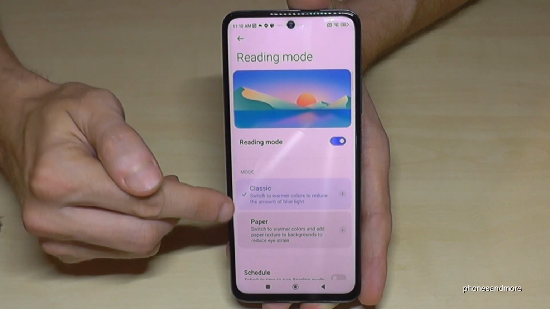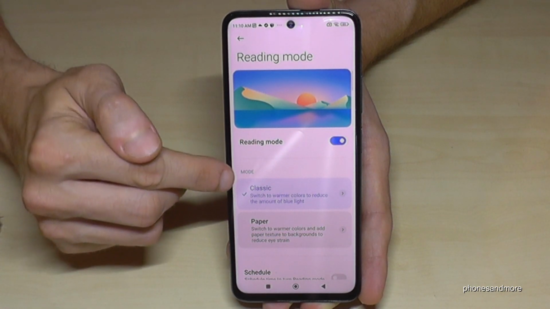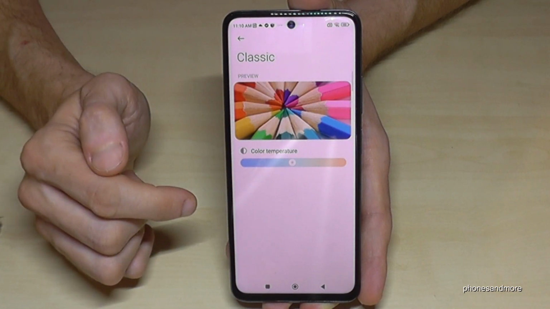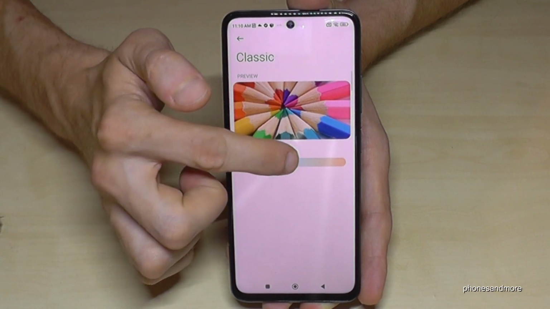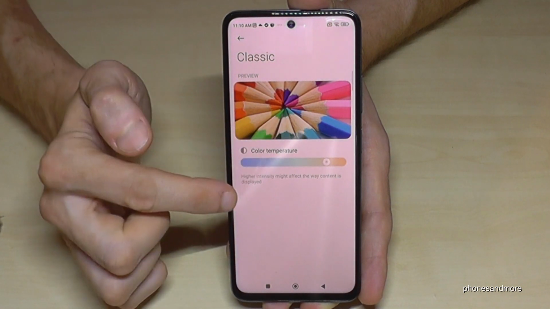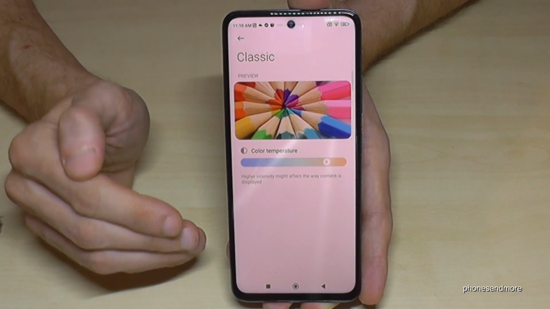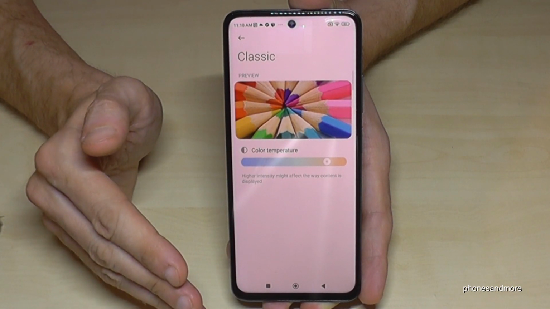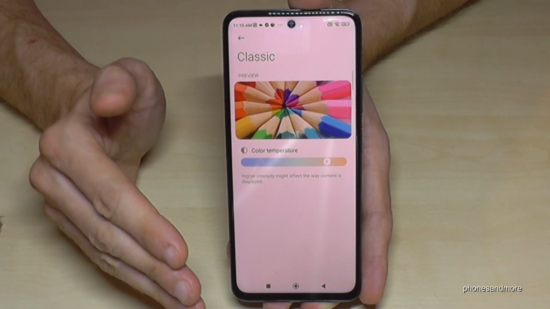The paper mode would be if you read, and it's in black and white and so on, but I would prefer the classic mode because that's the blue light filter. Go here on the arrow to enter the classic mode, and I can change the color temperature as well. The warmer the color temperature is, the better the blue light filter is for your eyes. It is a bit unusual, to be honest, at the beginning, but your eyes will get used to it,